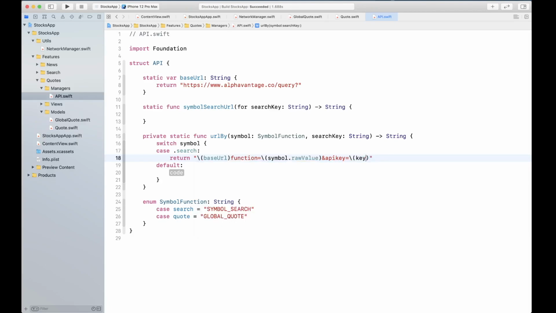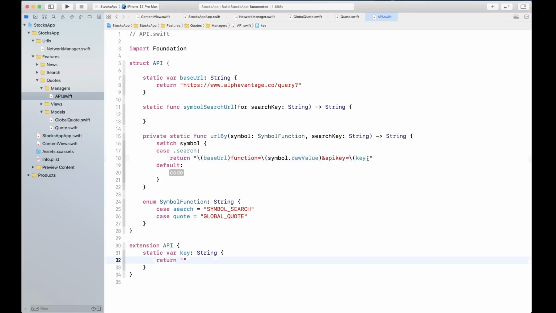and key we have not defined, so let's go ahead and create an extension for this API, and we're gonna create a static variable called key, and this is where you're gonna store your key, the key that you're going to be using, that you have obtained from AlphaVantage.